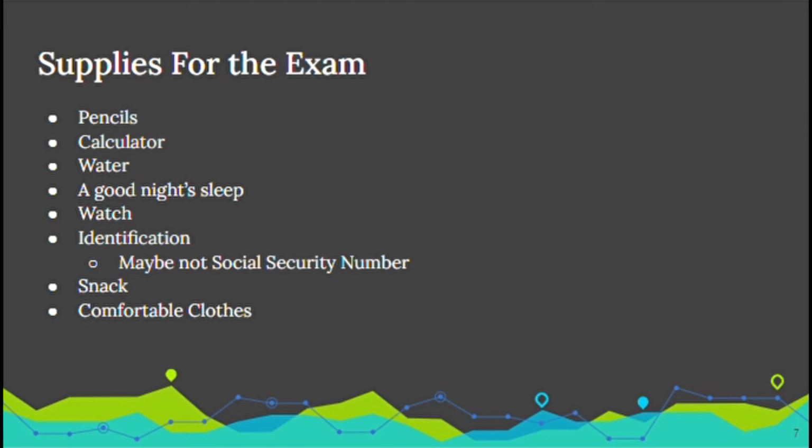Identification. You're supposed to be ID'd when you take the exam. I think usually your student ID works, as well as an ID from the government. The recommendation online that I've seen some places has said social security number, bring that as well. I wouldn't, unless you've got it memorized. Like, don't bring your social security card. It's not that important, and you don't want to lose that.